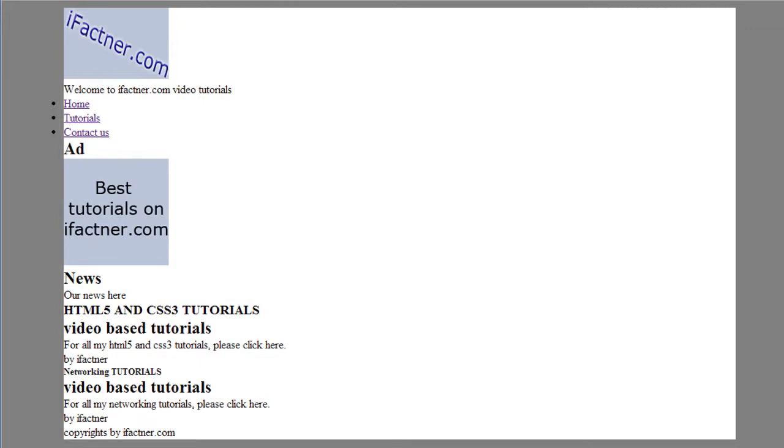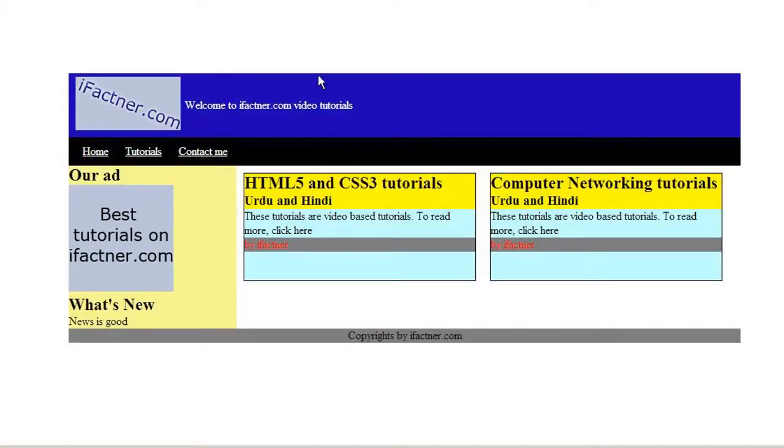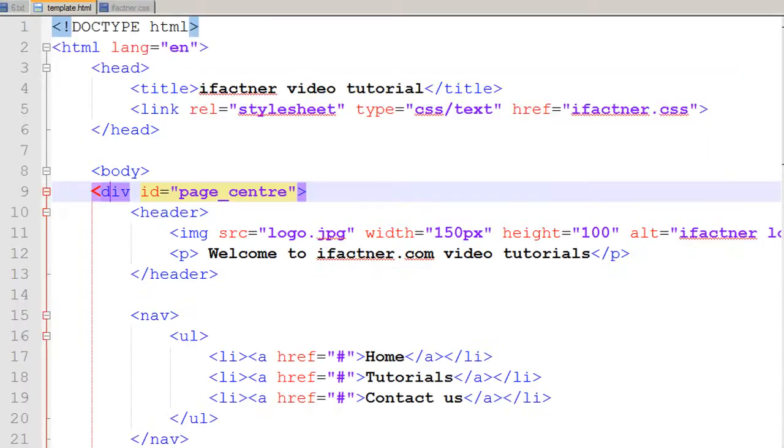So now what we want to do is we want the background color of our header to be blue, the background color of our navigation to be black, the background color of our left-hand bar to be yellow, and so on and so forth. So what I would do